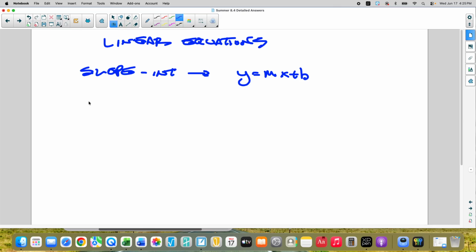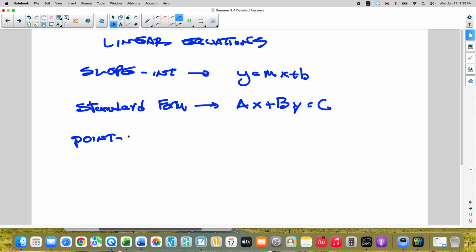The next one is going to be standard form. Standard form is ax plus by equals c. And then the third one that you should have learned is point slope. Point slope form. Point slope looks like this: y minus y sub 1 equals m times the quantity x minus